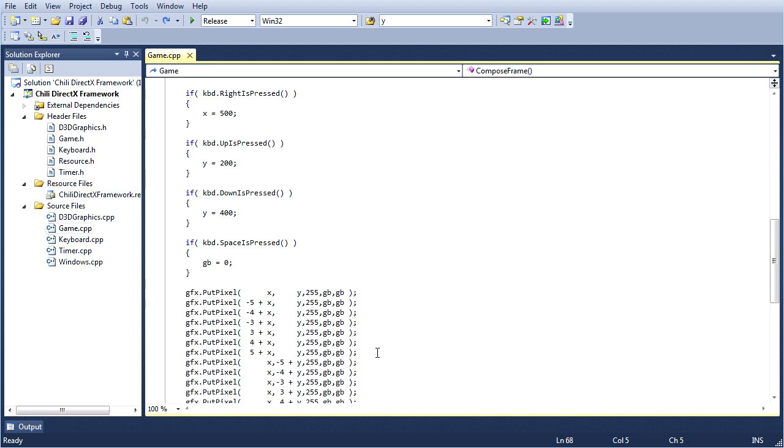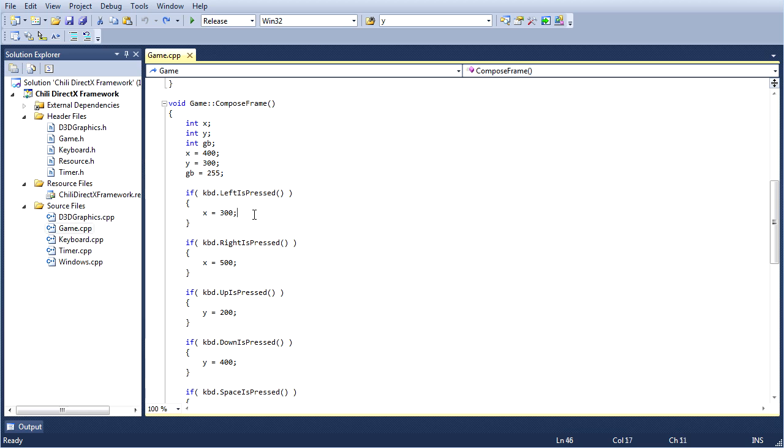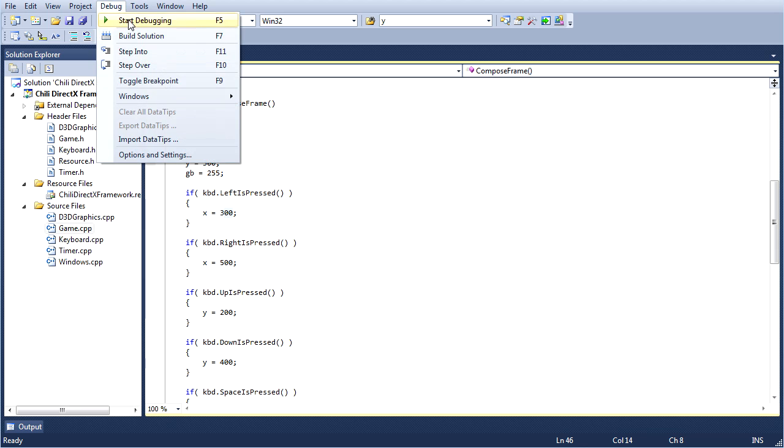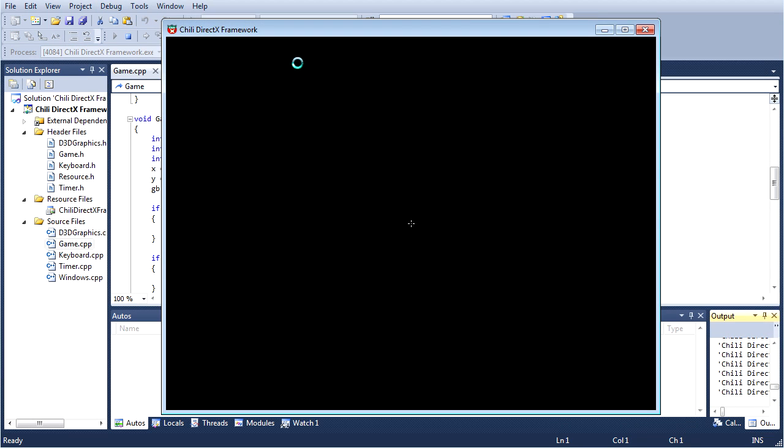I think maybe you have an idea, maybe not, of what's next up for us. So what are we going to do next for our reticle? Well, up until now, or at least in the last lesson, we can move it, but it just jumps to the right. And as soon as we let go, it jumps back. So I mean, we can go here. We can go here. We can go here. But what if we want to go here? Oh, we can't go there.